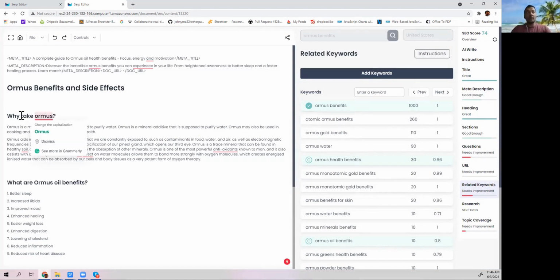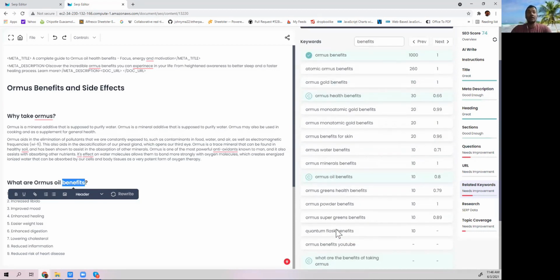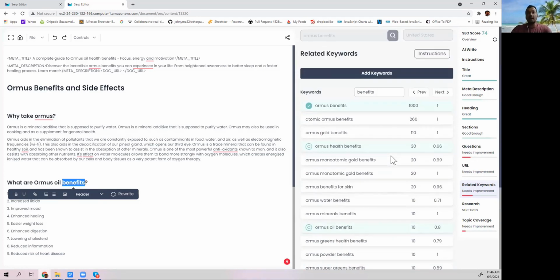Let's say you wanted to see why take ORMUS, or I wanted to see benefits. What are the keywords that I can target which are around benefits? So I have a very optimized title. You can double select this and it will automatically filter out all the keywords which have benefits in them. Then you can choose what content you want to talk about inside it, or surround this particular H2 tag with, and probably even create H3 tags underneath which have some of these relevant keywords in them. So this is how you use related keyword data. Whether you're a beginner or an advanced user, you don't really need to add keywords, but in case you need to, it's there.